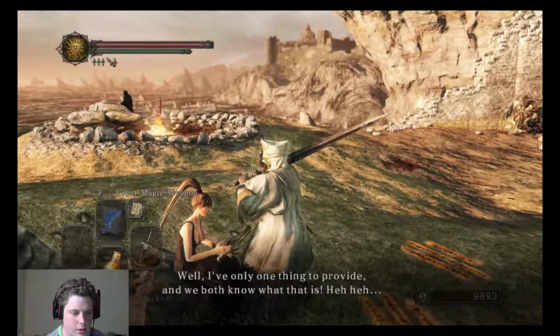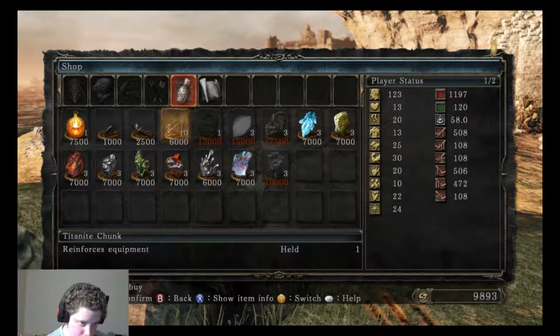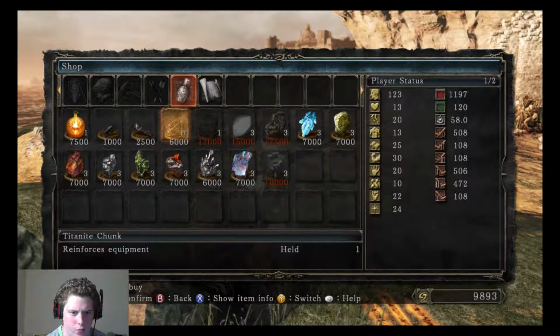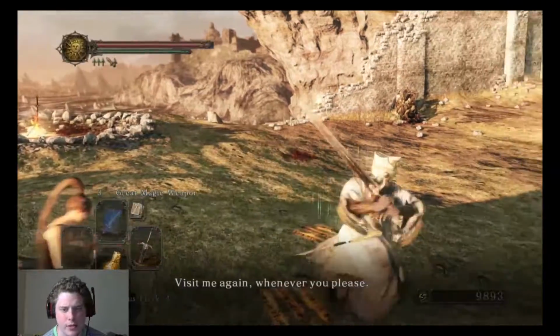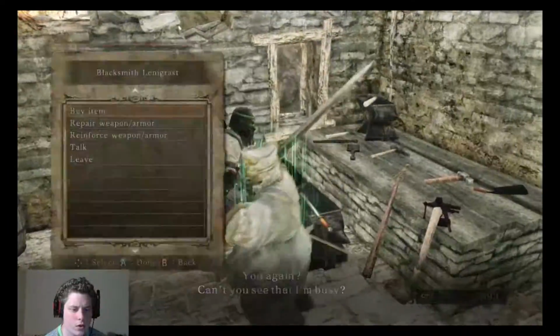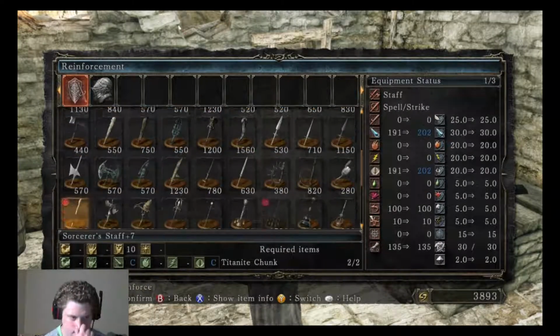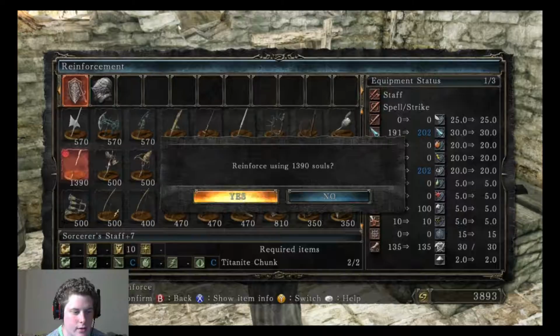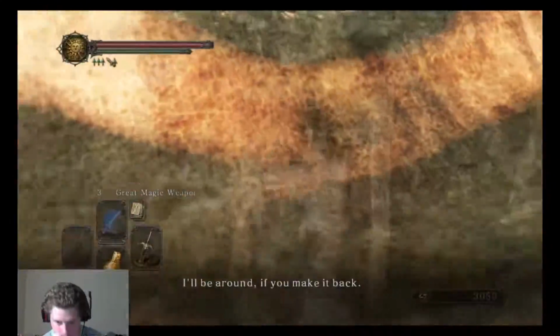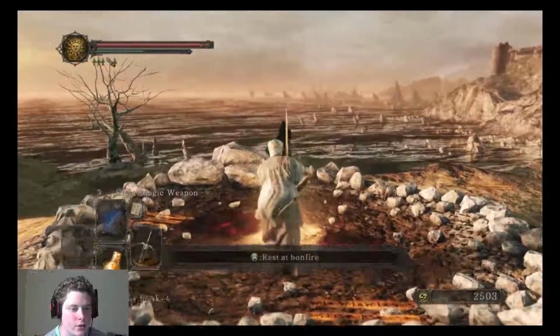I think she'll now sell some new things. She sells 10 Titanite chunks, which we can buy 1 of, and I think actually upgrade one of our pieces of equipment. Can we? Nope, damn it. Reinforce. We can. Go ahead and get our Sorcerer Staff to +8. Alright, so we've upgraded our equipment a bit, we've got our King's Ring, so we are going to go to...